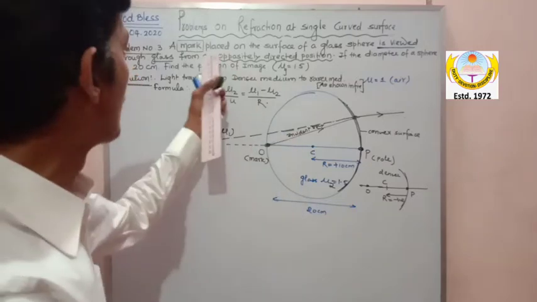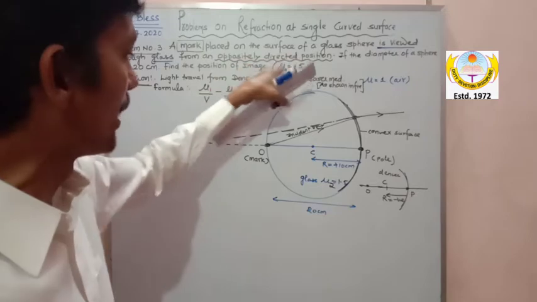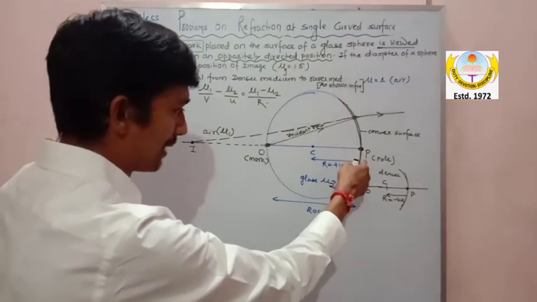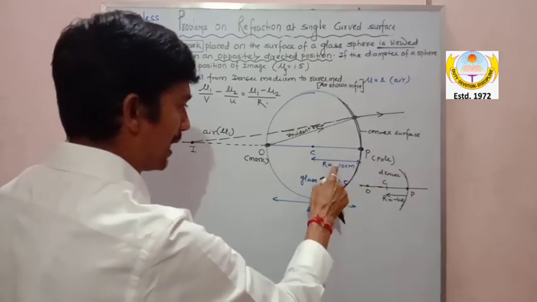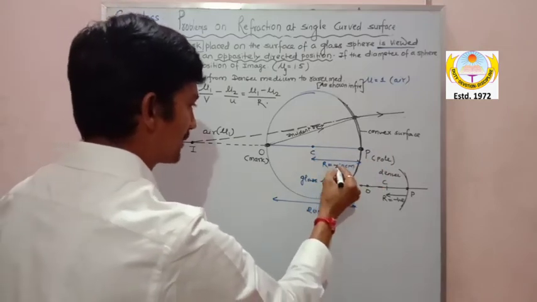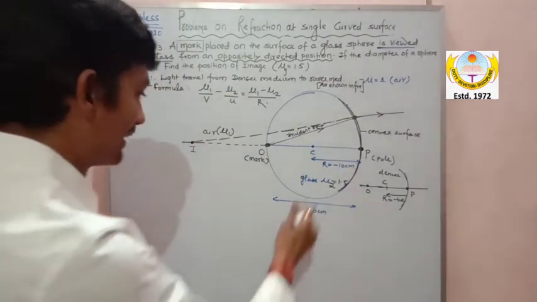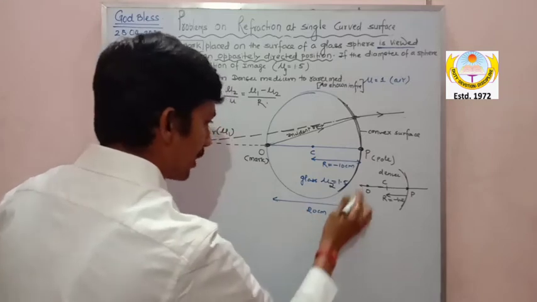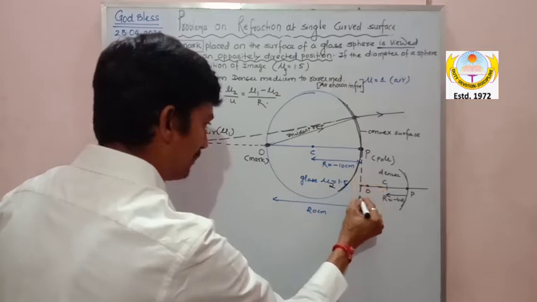So sir, आप view कहां से कर रहे हो? सर मार्क के अपोजिट से view कर रहे हो, मार्क के अपोजिट से. So as soon as I viewed from opposite to the mark, oh god, this radius of curvature becomes minus. Very good. And this becomes the object distance. You can see here. Because now the pole is here, I am drawing here like this. You can see, my dear.